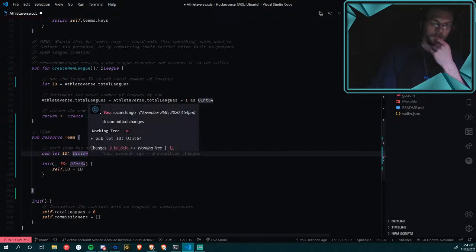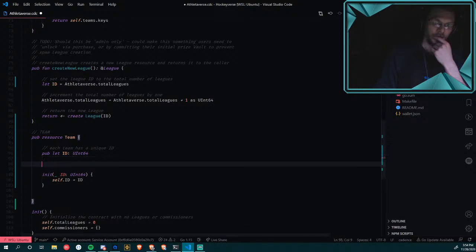So the team will have, I'm still trying to figure out if this team is going to be an NFT or if it's just going to be a resource. It will live in a user's account, so I guess it might as well be an NFT.